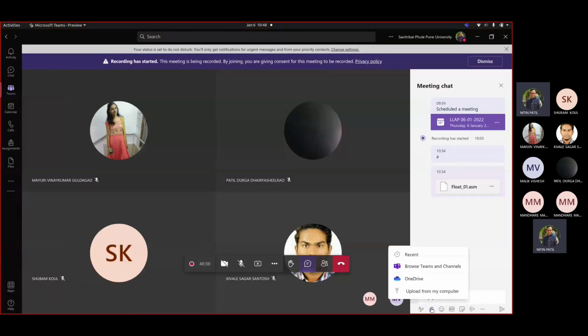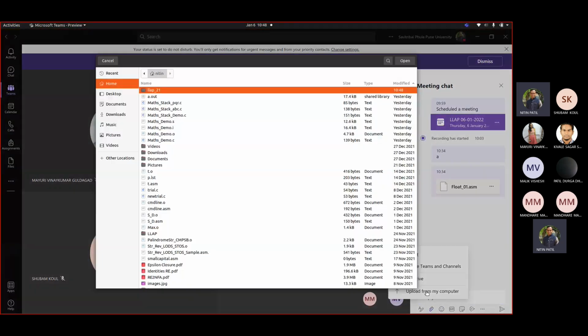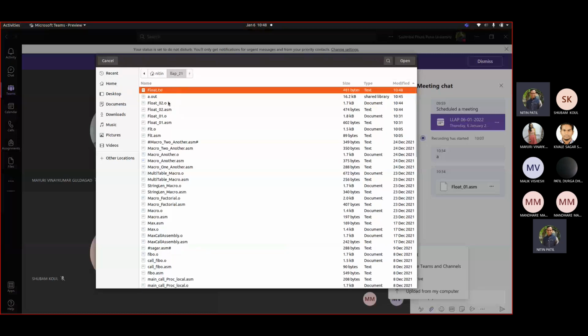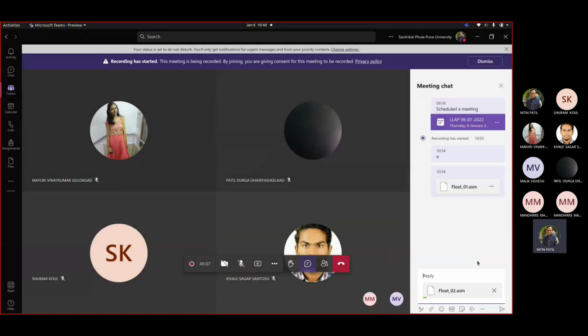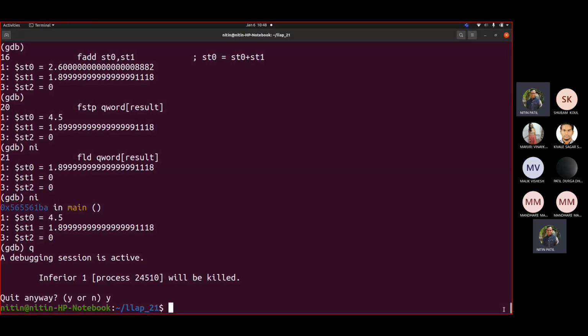Next program, float2. So now how to print? Now if I try to push, we know that whenever we call the print function, every push is of 4 bytes, but our value is of 8 bytes.